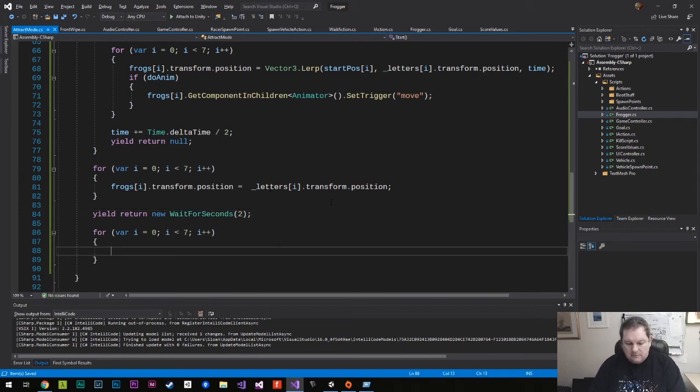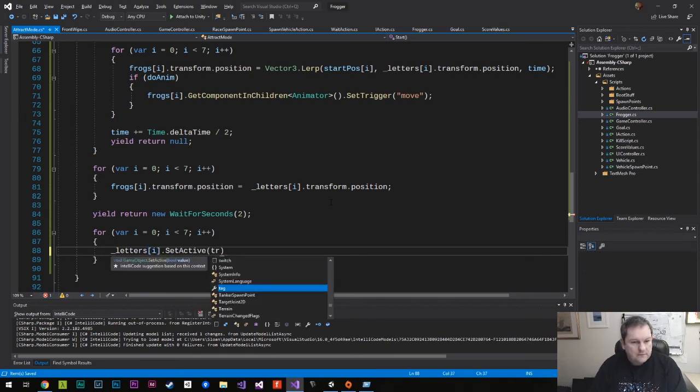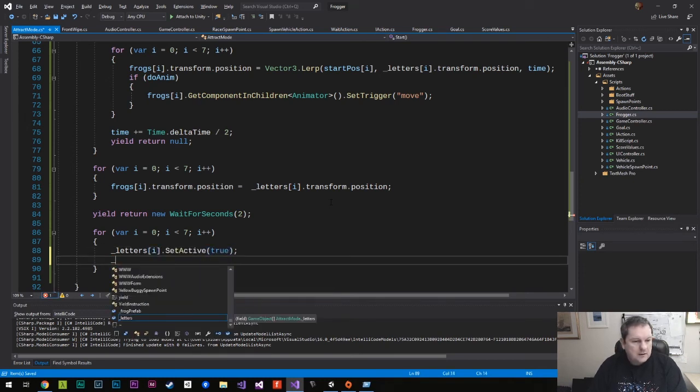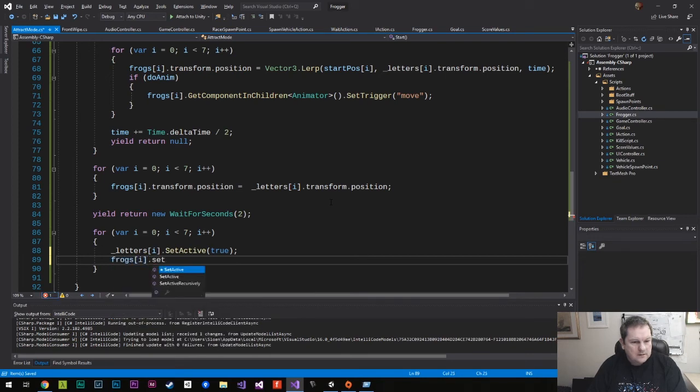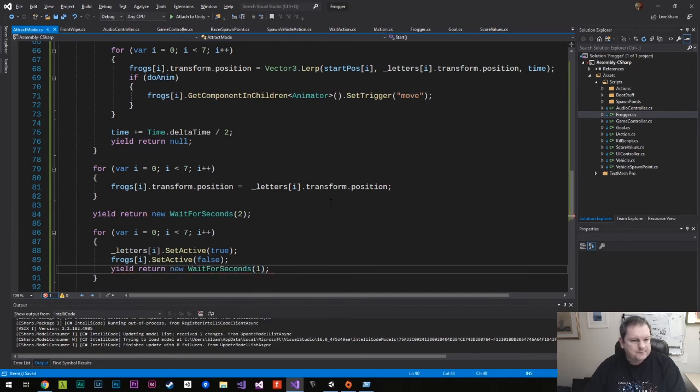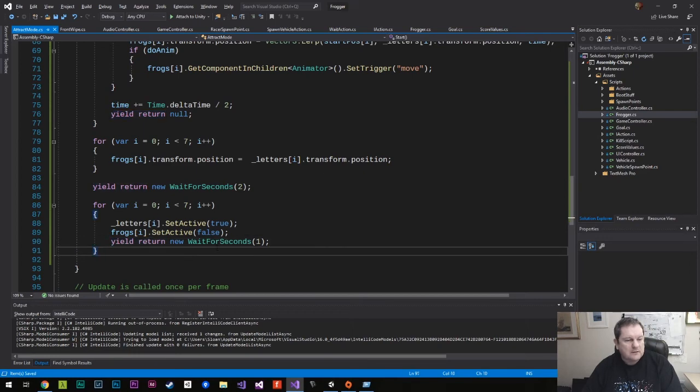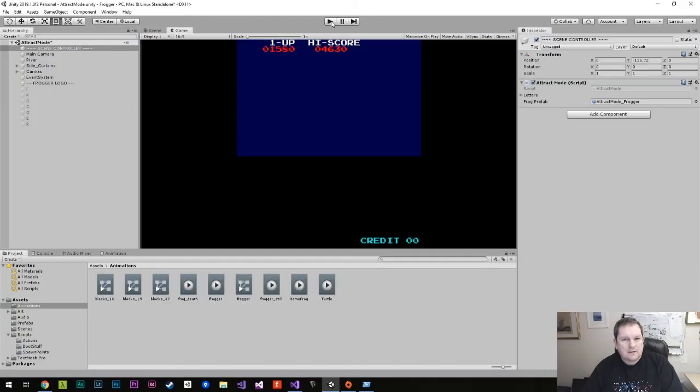here, and then we're going to do letters[i].SetActive(true), frogs[i].SetActive(false), yield return new WaitForSeconds(1). So we're going to wait for 1 second, and this is going to do all these